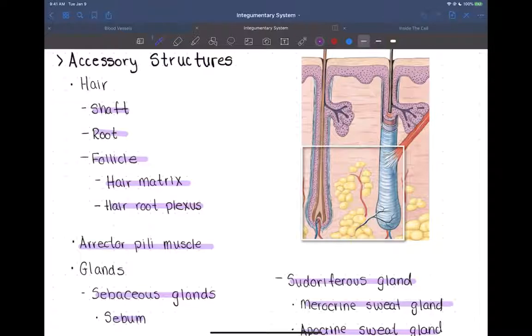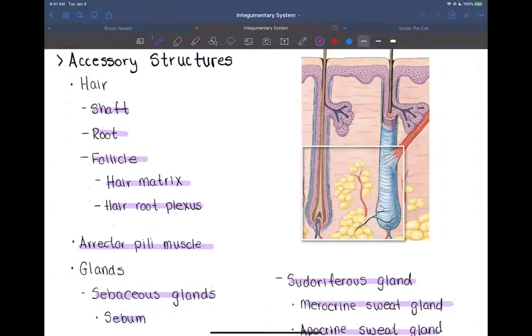glands. And then we're going to talk about some other clinical implications associated with the skin, like skin cancers and burns and that kind of thing. Okay, so let's talk about our accessory structures. So the first accessory structure is going to be hair, all right? And so we're just going to talk in general about the structure of hair and the function of